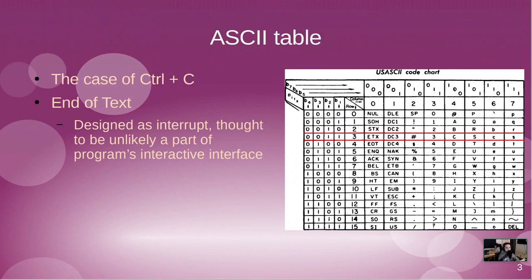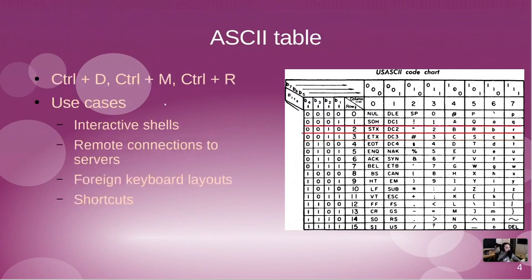when the Xerox PARC computers came. And so that's the end of text. This also explains why Control C doesn't work quite the same way in Windows terminals, like copy-paste. It's because of this code chart, and we can see that there are other codes that match up to these. For example, there's the Control D. We can see from here, it's here. I think this is the end of